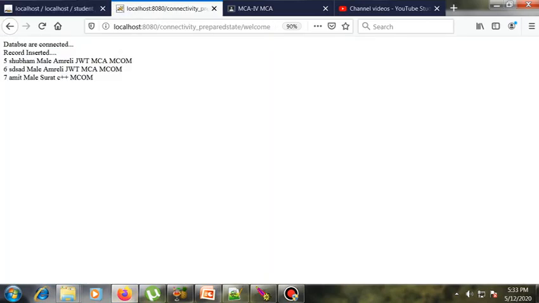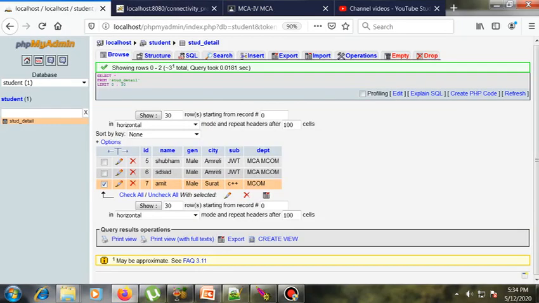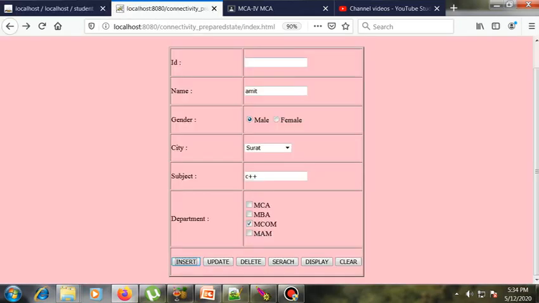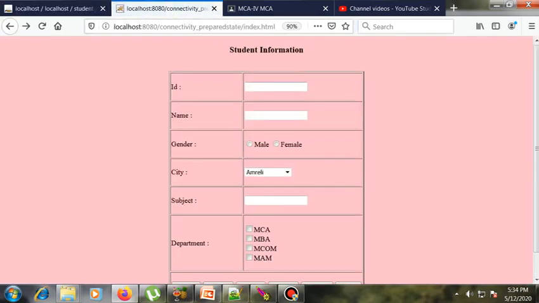If I want to update the 7th record, here we can pass the ID 7, and I want to update the name. In name I am just putting Rajkot.